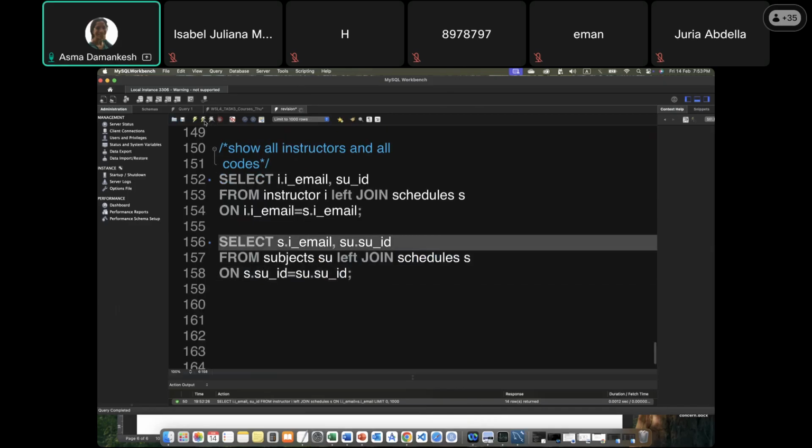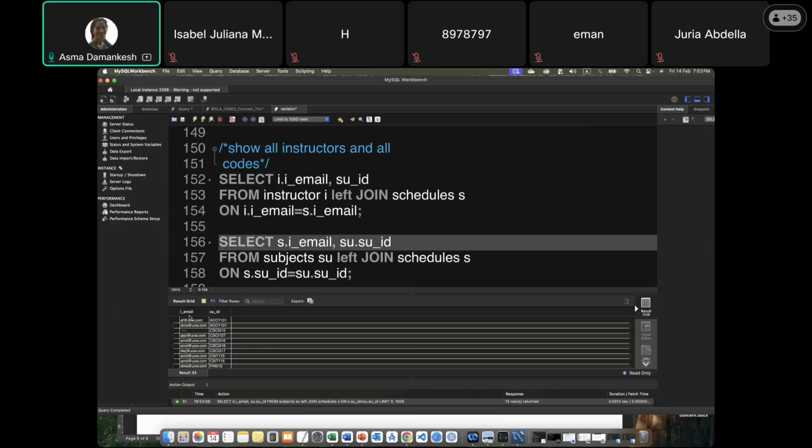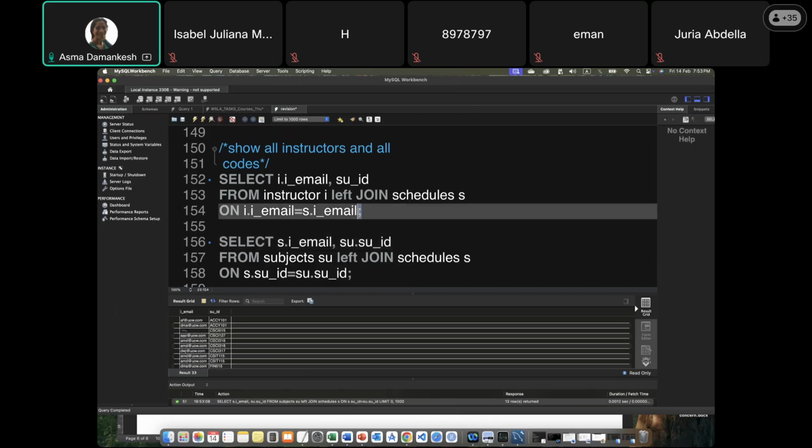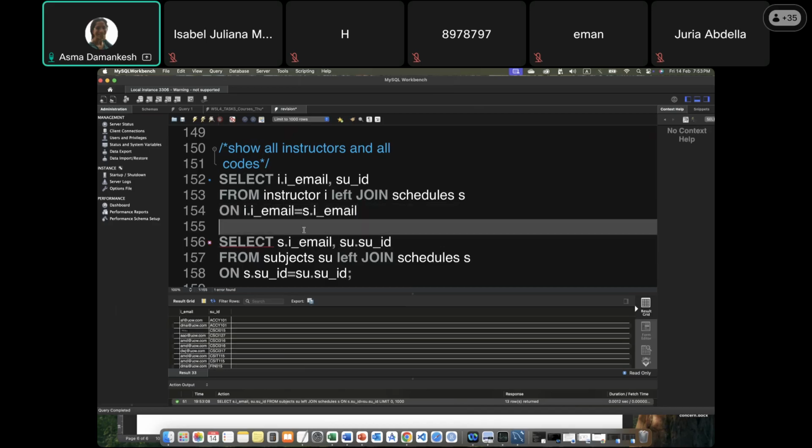Actually, we are doing a full outer join. You remember I told you you can do it? So we have this, right? We have this. Now, if I want to see all the emails and all the subjects, regardless of whether they are being offered or not, all I need to do is remove this from here and put union here. Okay, so now if I put this,